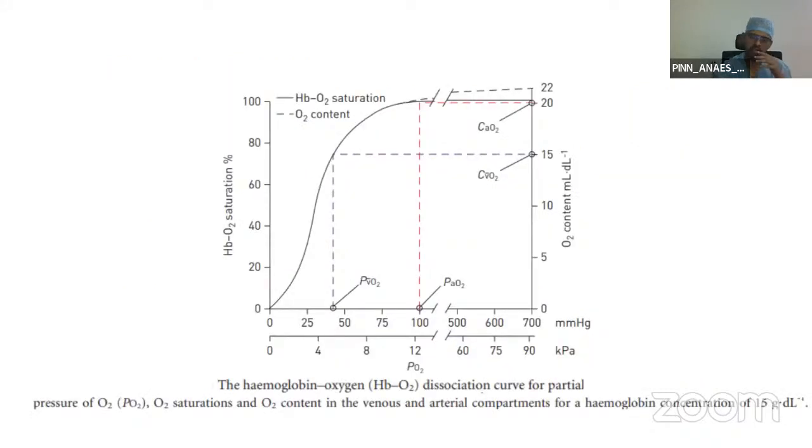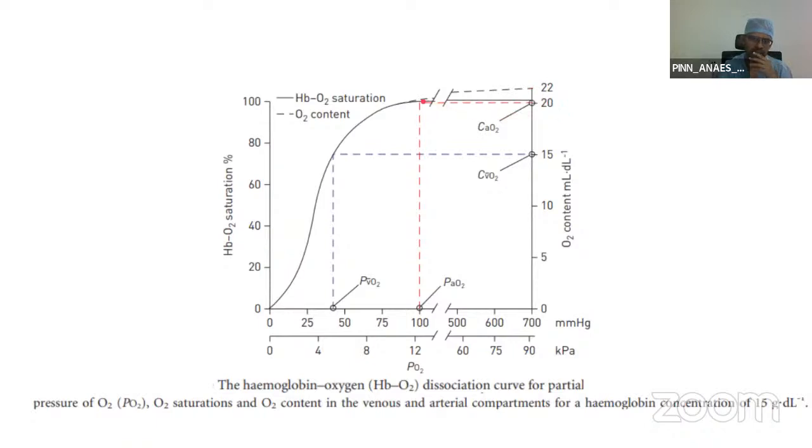You're all familiar with this picture. This is an oxyhemoglobin dissociation curve. Here on the x-axis, we have the partial pressure of oxygen in millimeters of mercury plotted against the hemoglobin saturation in percentage. The normal oxyhemoglobin dissociation curve is a sigmoid shaped curve. The normal arterial oxygen tension is around 100 millimeters of mercury, which corresponds to a saturation of 100%. On the right, you have the oxygen content as well. The normal oxygen content in arterial blood is around 20 milliliters per 100 ml of blood.